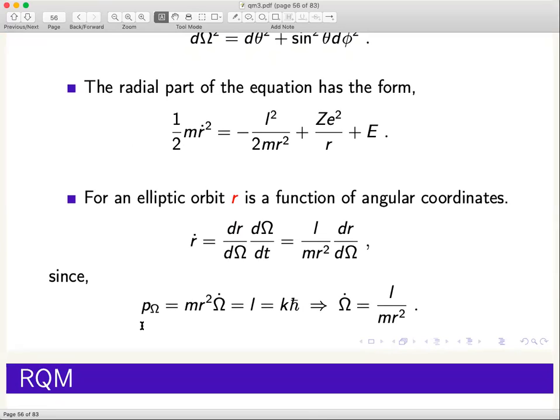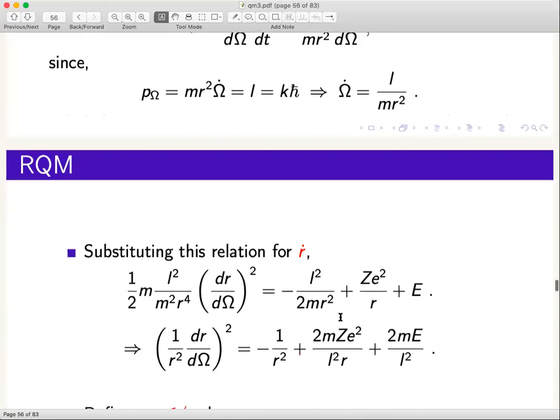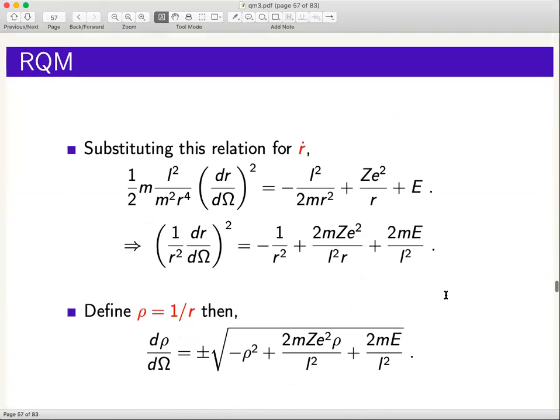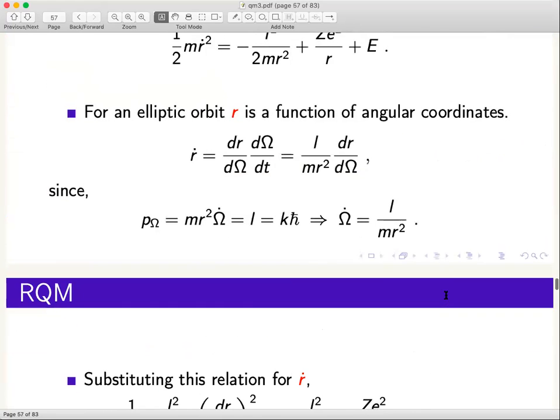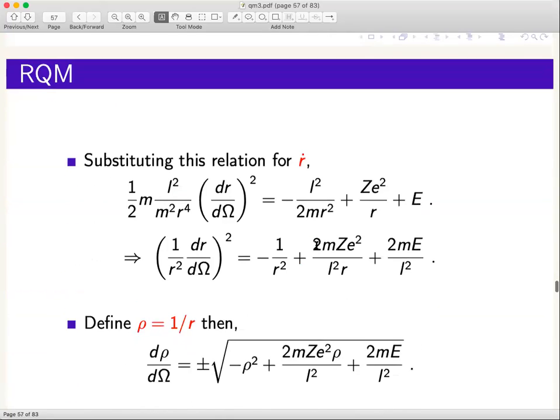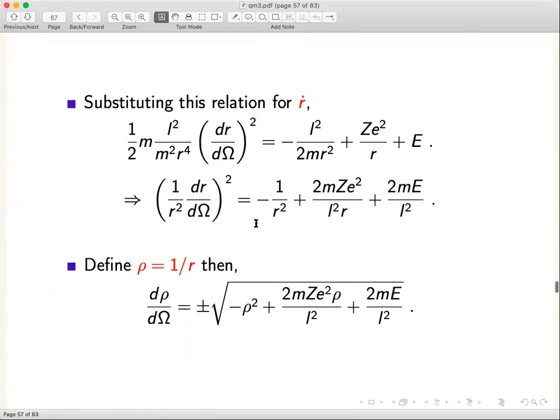Angular momentum, of course, is written in terms of the quantized rule k times h bar. So you can read off omega dot from this as L upon m r squared. Okay. So now we can substitute whatever r dot we have in the equation, and we can recover this equation,